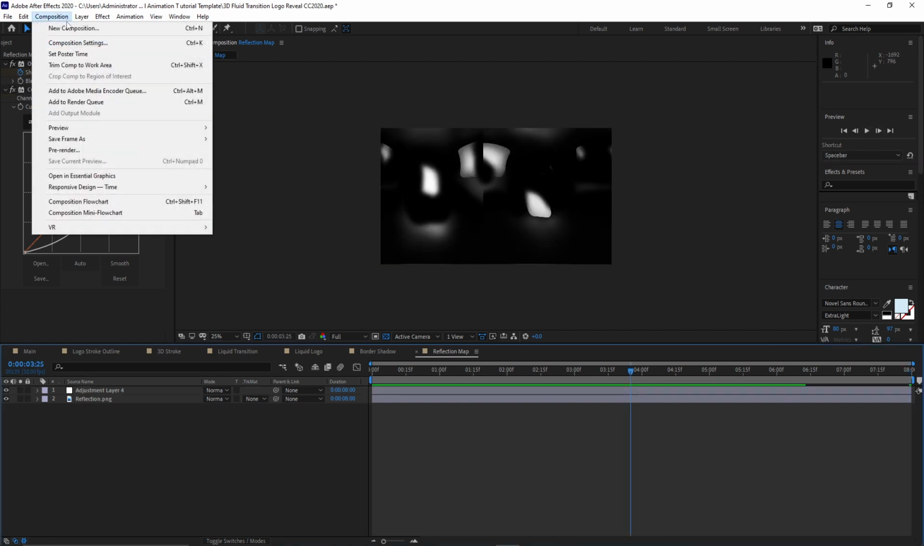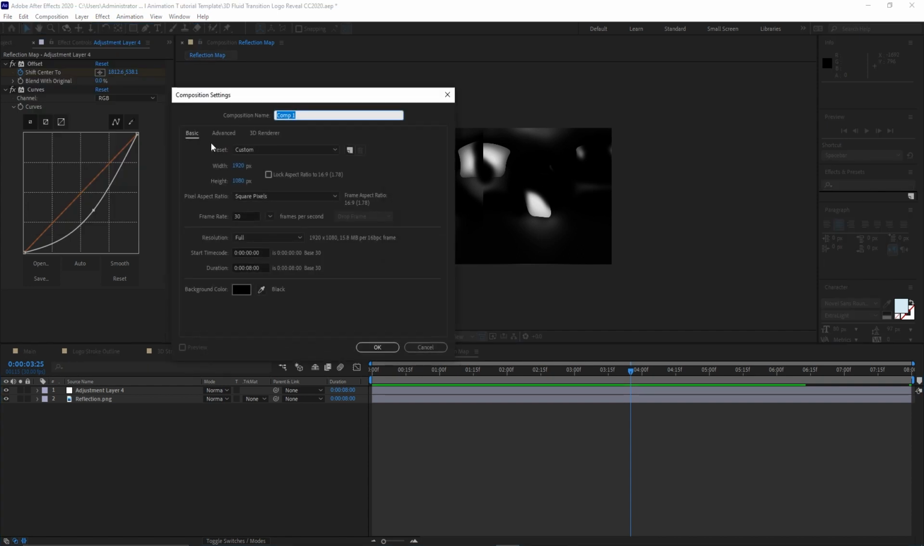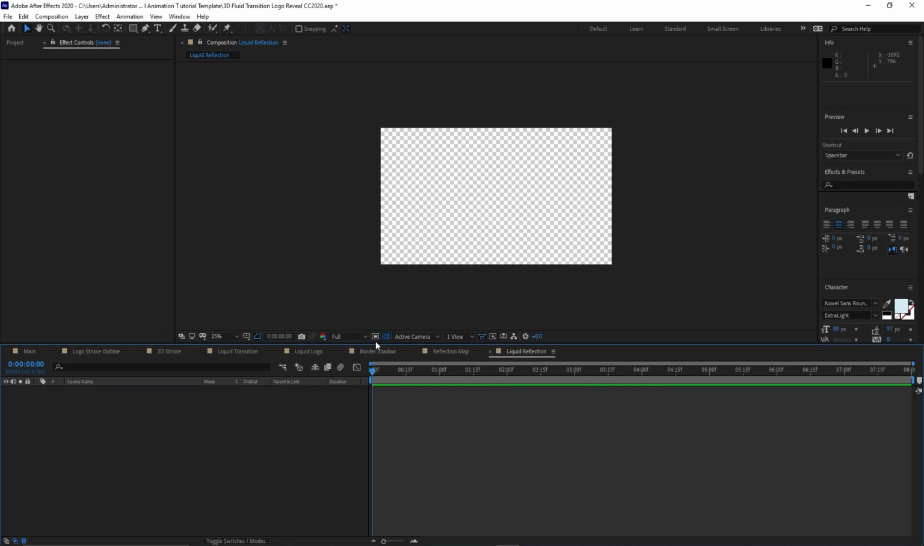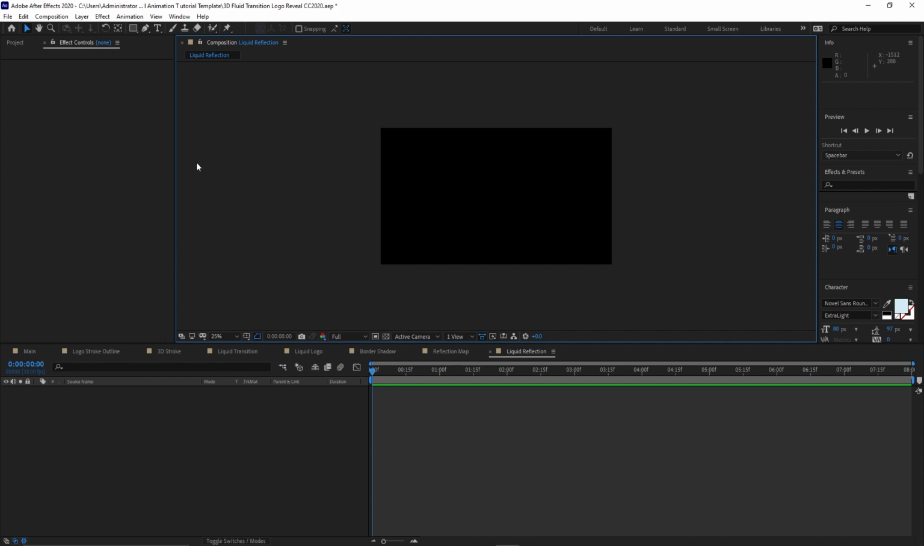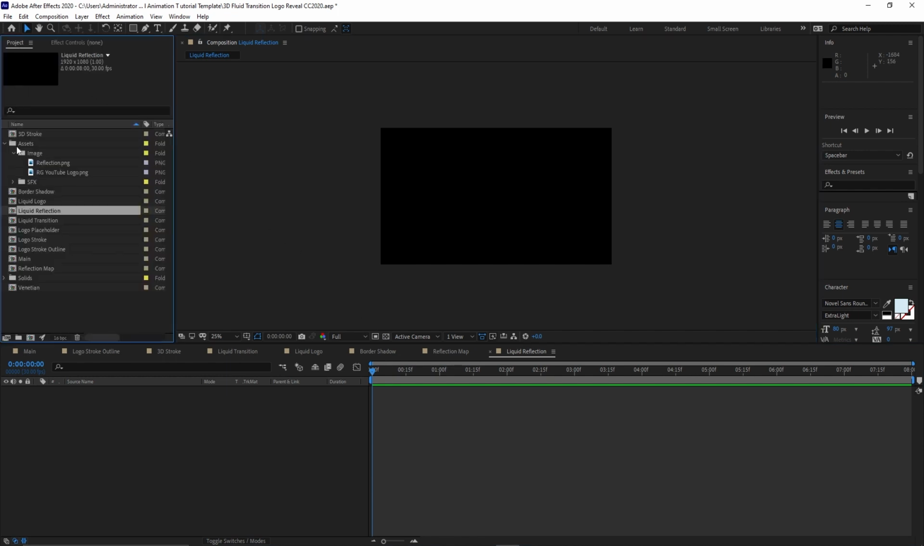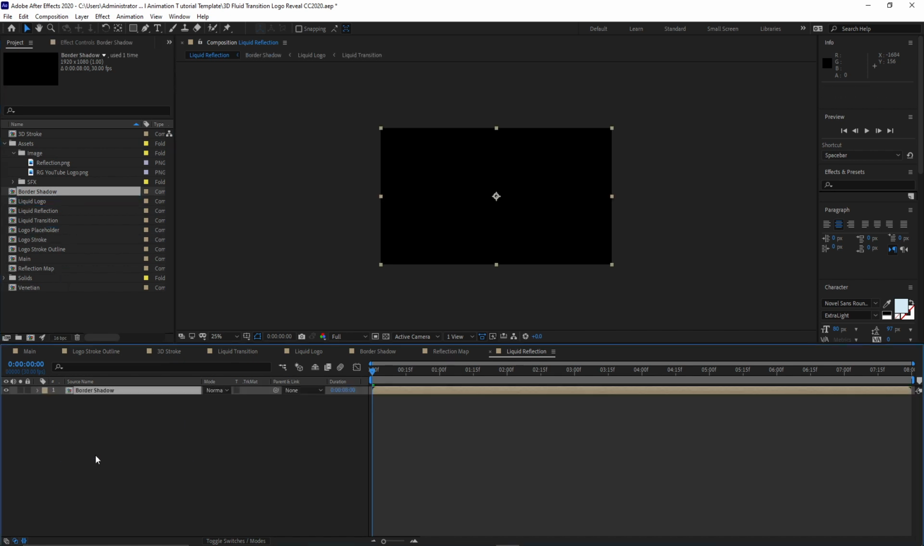Now go to composition and create a new composition. I will name it liquid reflection. 1920 by 1080p, 30 frames per second, 8 seconds duration. Click OK. I will disable the transparency. Go back to the project panel, open it up, and drop down this border shadow into the timeline, the reflection